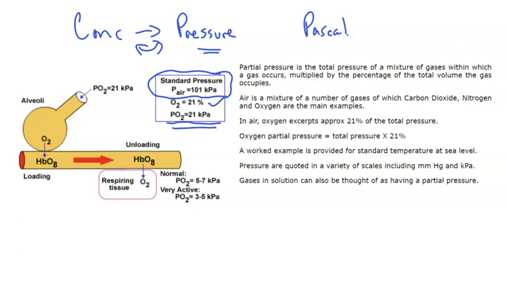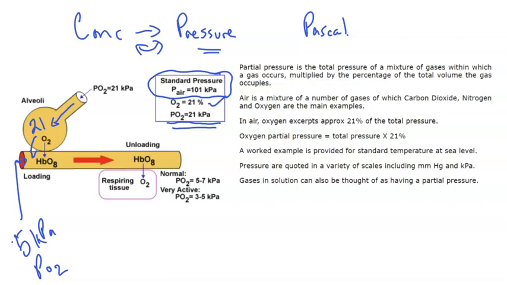So let's look again at the alveoli gas exchange. Air is inhaled, and within the alveoli space, we've got 21 kilopascals of oxygen. Blood arriving in the pulmonary artery is known to be around 5 kilopascals partial pressure of oxygen. So remember, we're using this instead of the phrase concentration. So we see that there's a strong gradient from the 21 to the 5,